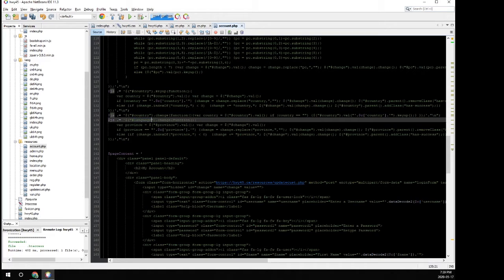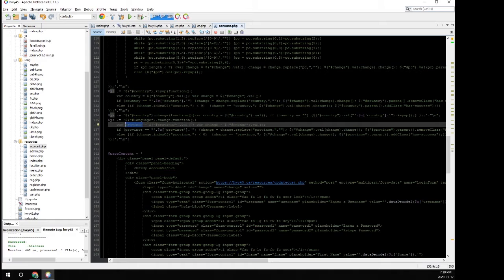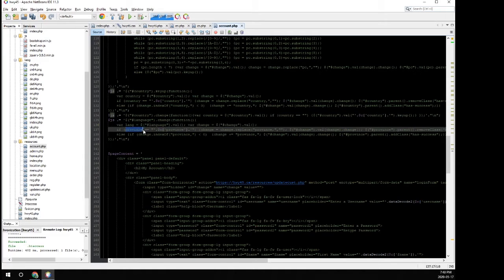Language. Lang. Language value change if lang is equal to clang,